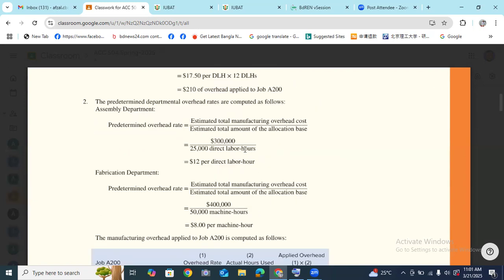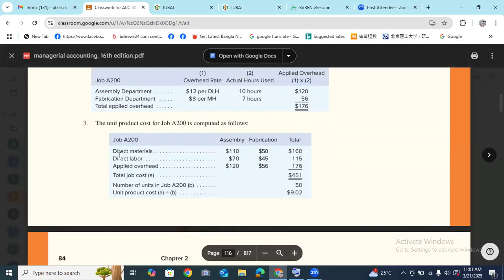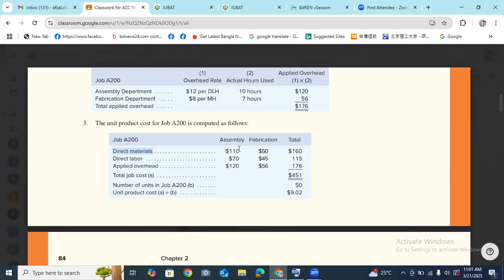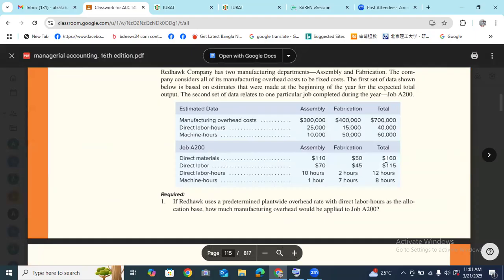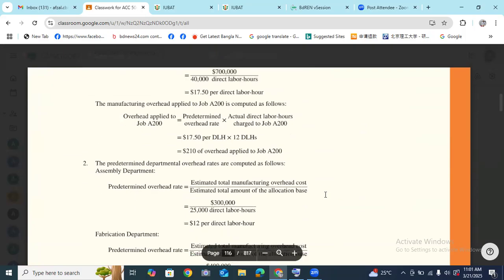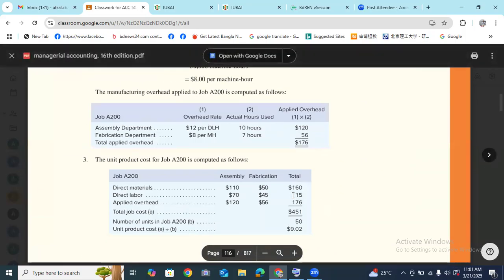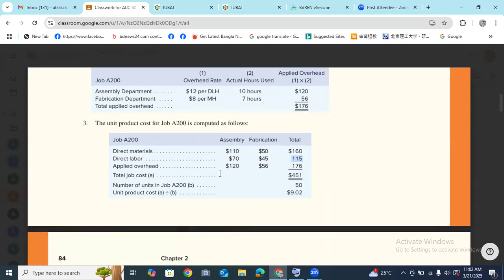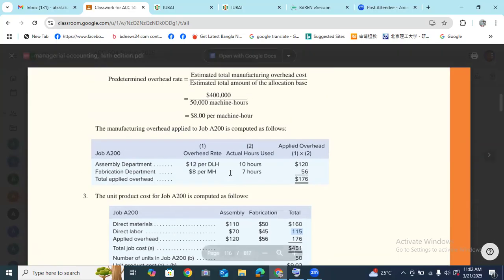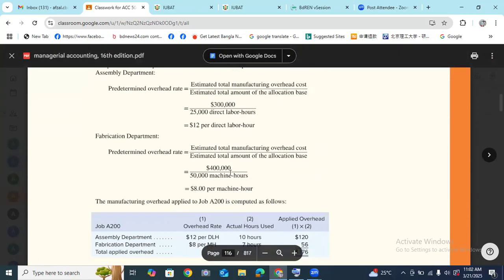Now number 3. So for the job, direct materials 160. How do we get this information? It is given. Direct materials 160. Direct labor 115. Now manufacturing overhead. If you use departmental manufacturing overhead, then for departmental manufacturing overhead,